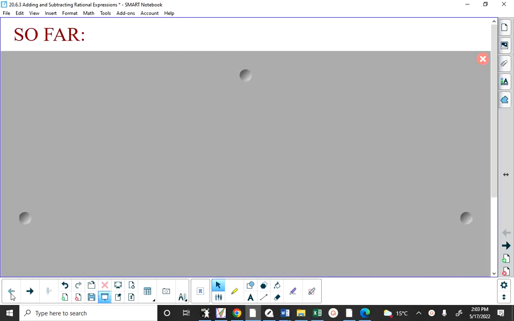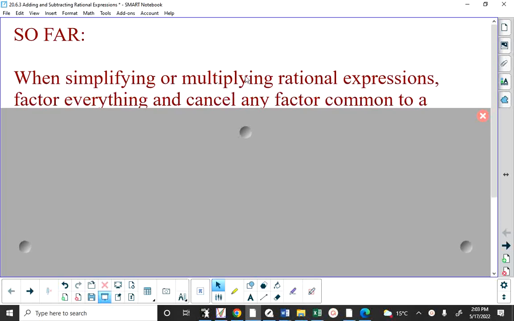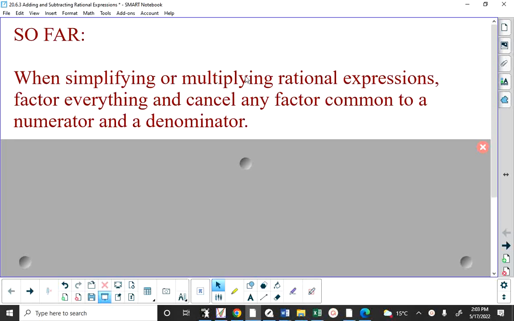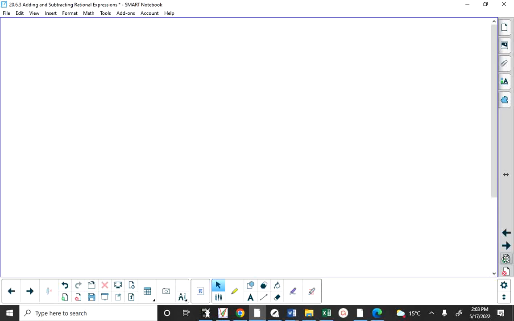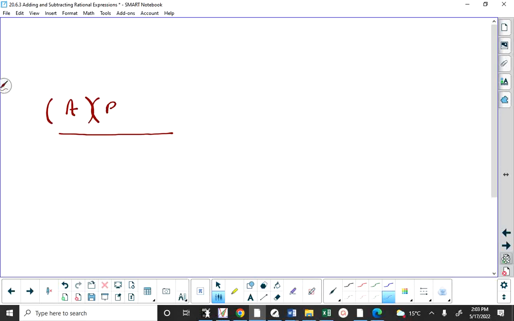So far what we've done is we have learned that when you're simplifying or multiplying rational expressions, everything gets factored and any factor on the top and the bottom gets canceled if they're equal. So you'll notice I said when simplifying or multiplying, because when you're multiplying, if I have the following rational expression with the following factors being multiplied by the following rational expression with these factors,